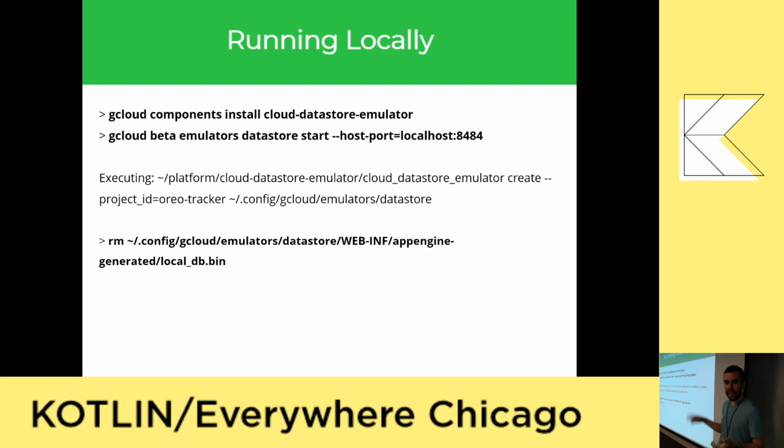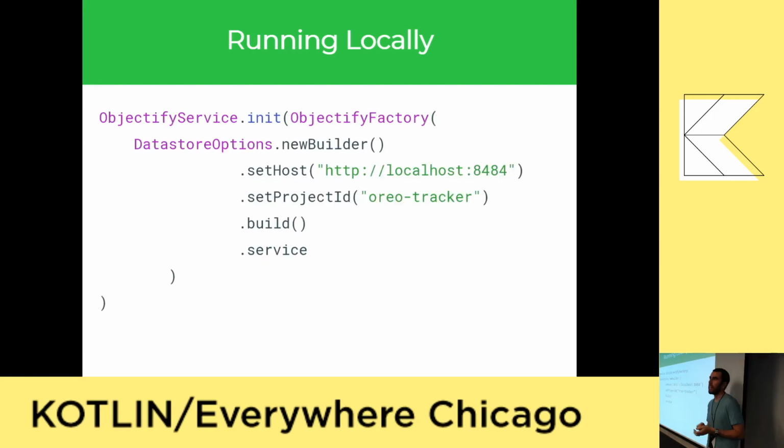The one change that you need to make to test locally versus your deployment is you're going to need to tell Objectify where your datastore exists. As I mentioned, Objectify is our way to talk to Datastore. By default, the nice thing about running this all on GCP is that if you just tell Objectify service to start, it will automatically find your datastore. But since we're going to run it locally, you're just going to need to set your host. So again, 8484, set your project name, and then you should be good to go. You can do this either with a compile flag, or just change the code and make sure to change it back before you deploy.